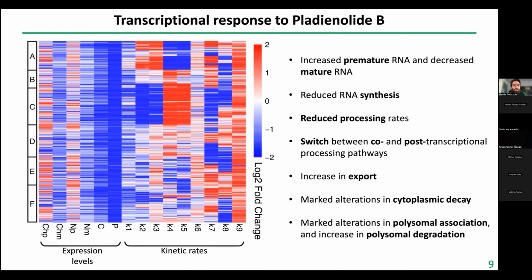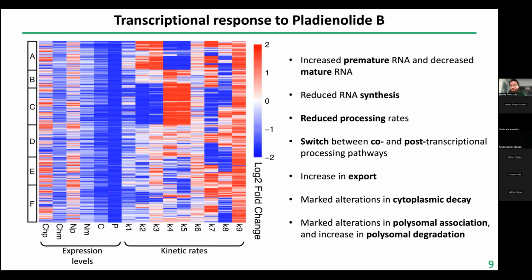We can also notice a strong global downregulation of the synthesis rate, which is the reason why we see this downregulation of all the immature RNA species. Moreover, we can appreciate an increase in export, heterogeneous modulations in the cytoplasmic degradation and the association with polysomes, so K7 and K8, and also a global strong